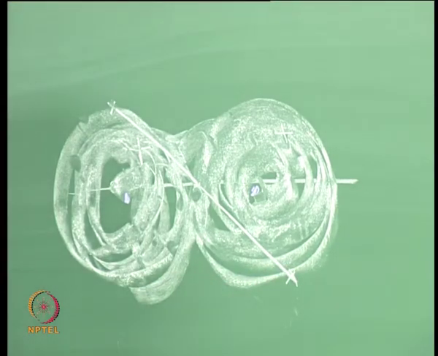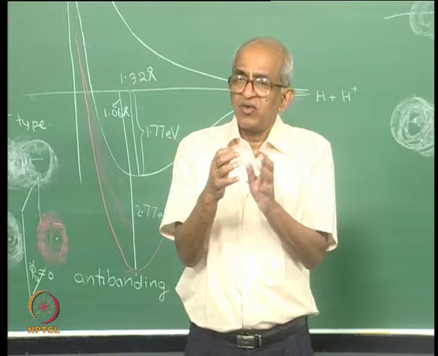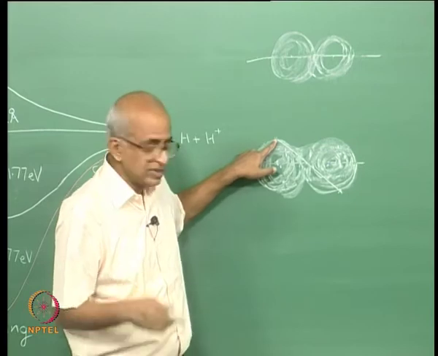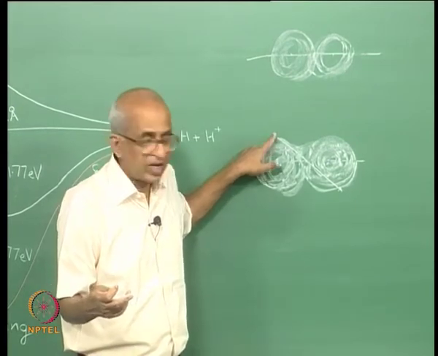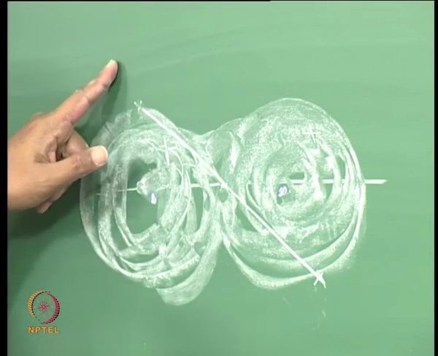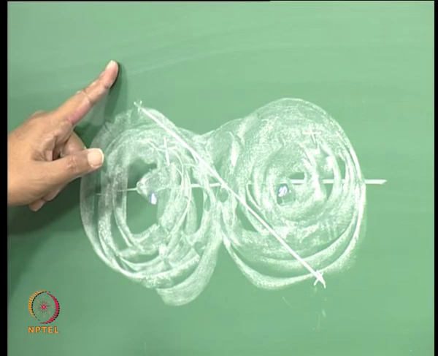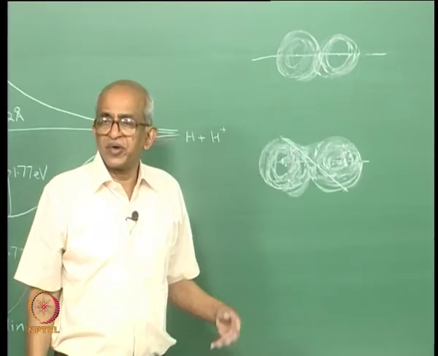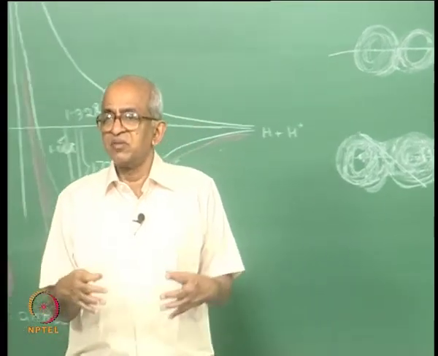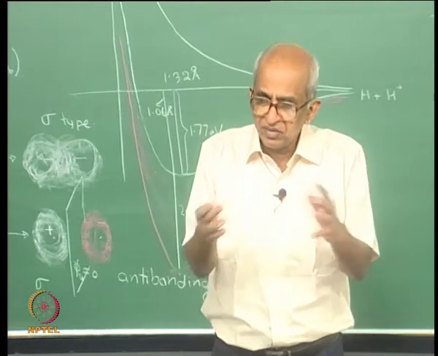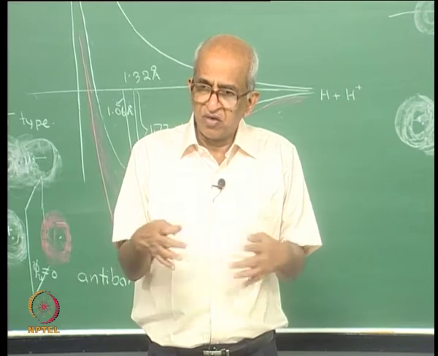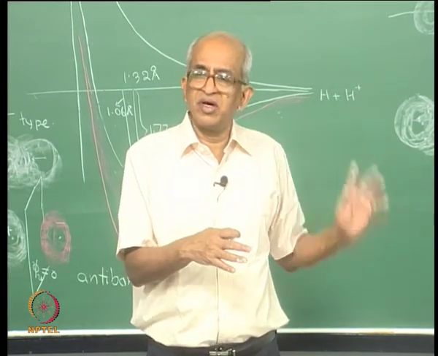Okay. And then what you do is you look at the value of your function at that point and construct a new function in such a fashion that the value of the new function at that point is equal to the value of the previous function at the original point, right. So, if you did this operation with this molecular orbital, you would realize that the molecular orbital actually remains unchanged. That means, you do it for all the points. After performing that operation, you will see that as far as this molecular orbital is concerned,